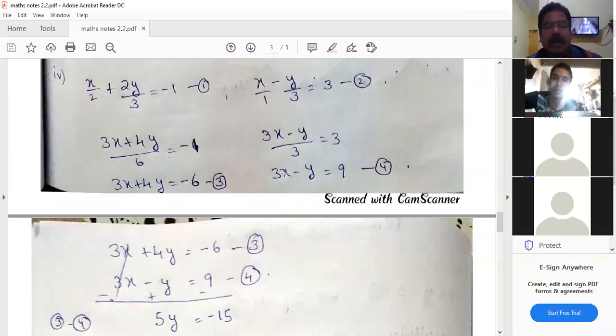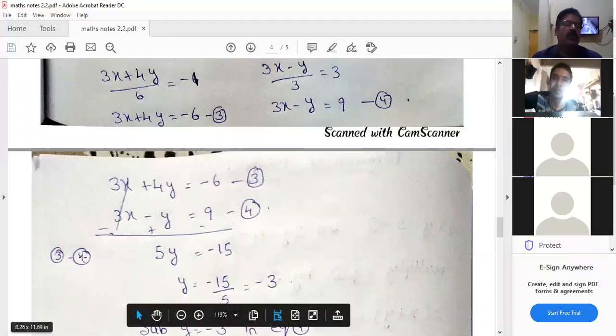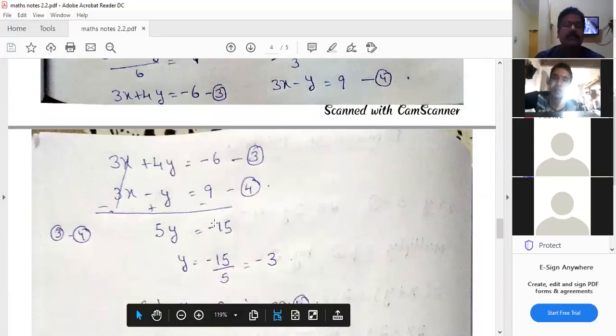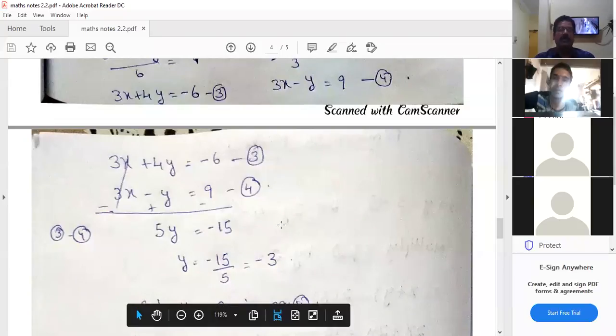Directly we can subtract both the equations. That's why in the next step you see, directly I subtracted. I don't need to multiply, I got the variable same only. That's why I subtracted 3 minus 4. Then I change the signs. Here plus, here minus. Then plus 3x minus 3x cancel. Plus 4y plus 5y, minus 6 minus, both negative signs, so you can add. So minus 15, then 5y equal to minus 15, transpose 5.